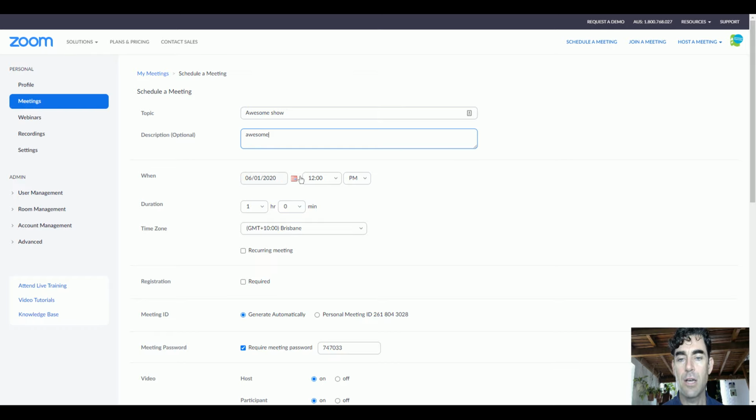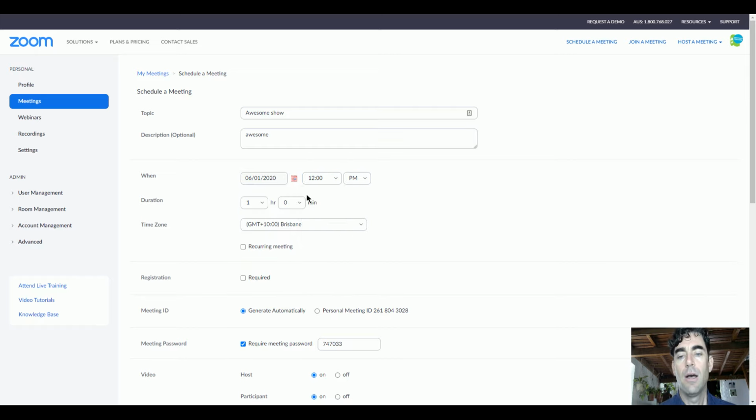Here, when setting up the timing for the show, you can obviously just click on that for the date and change it here. This timing needs to be your call time. So this is when you're inviting your performers to join, so that you can gather and prep and get yourself ready. So if you've got a 7 o'clock show, you might want to set this for 5:30 or 6 p.m.,